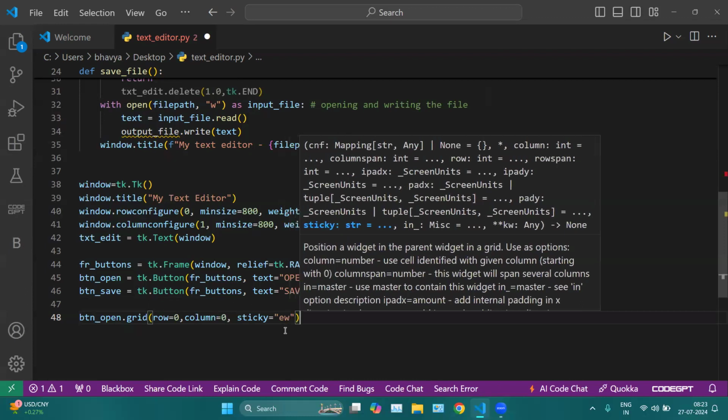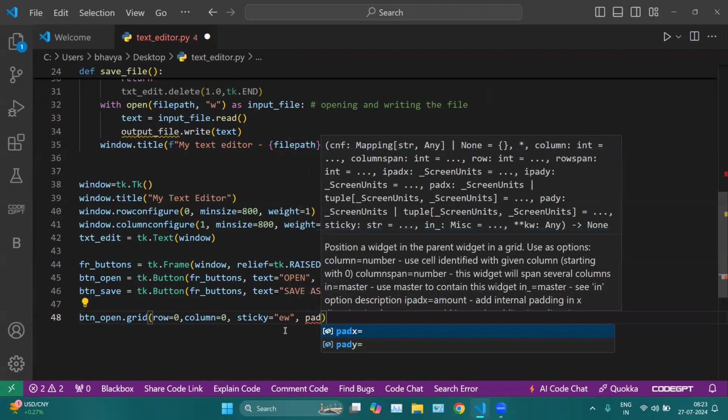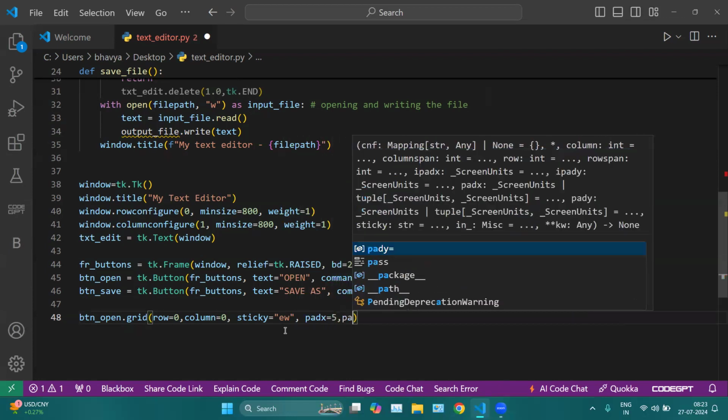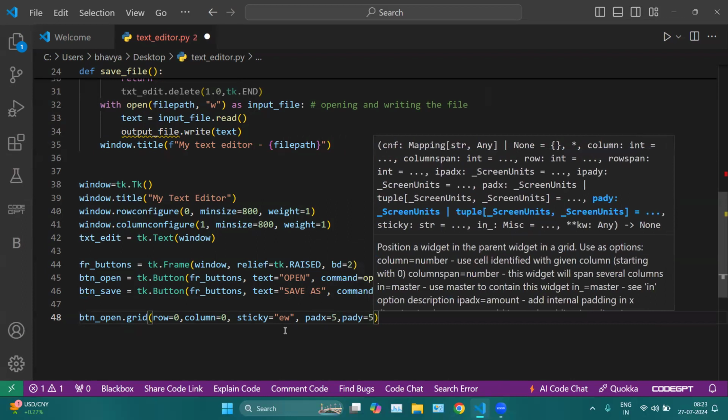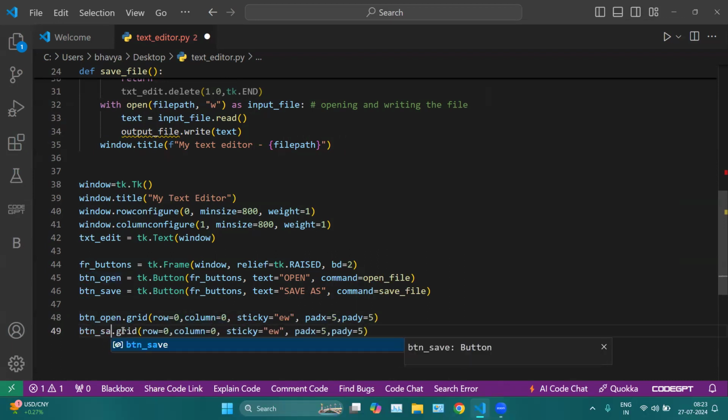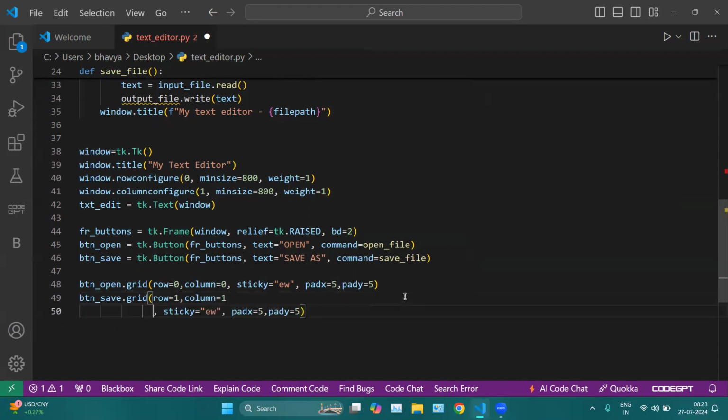Then we can provide some padding. Pad X should be 5. And we can provide the padding Y should be 5. Same, we can copy this. And now we will put the save button. In place of open, we can use save. Now here I wanted to put save button in first row, in first column. Direction should be same, padding should be same. Then